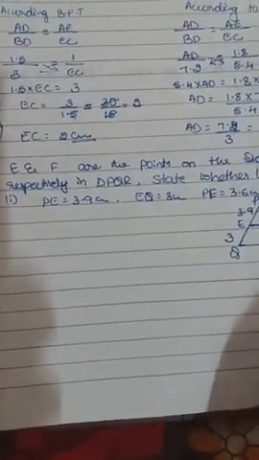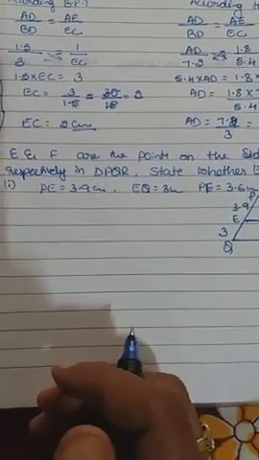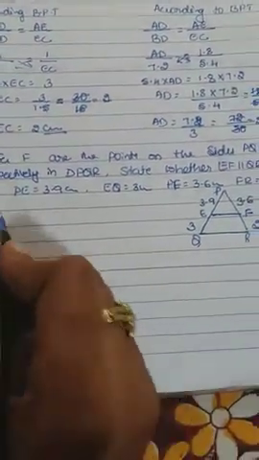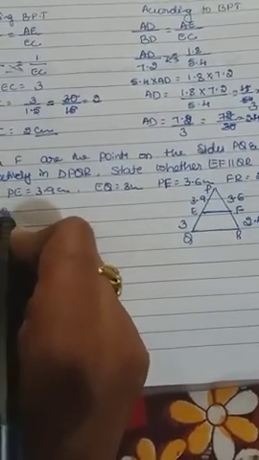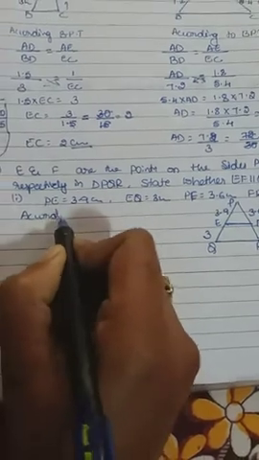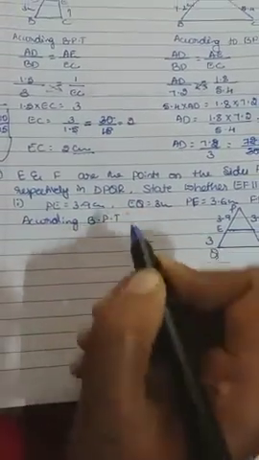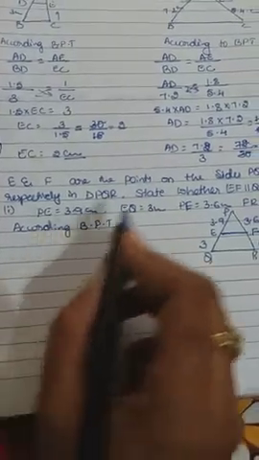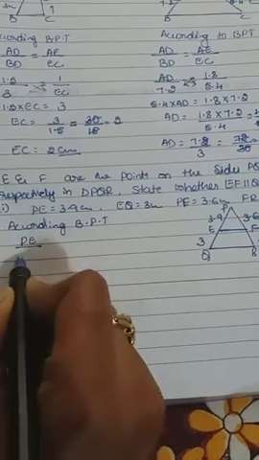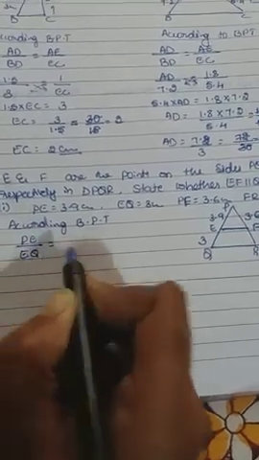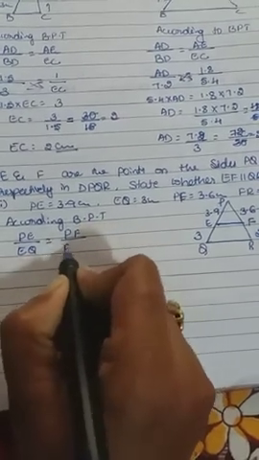Okay, so yes, this is the sum. Let us solve this, whether it is parallel or not. Find and identify that. The same only if it is ratios according to BPT. BPT means basic proportionality theorem. So according to BPT, let us take the ratio PE divided by EQ, that equals PF divided by FR.